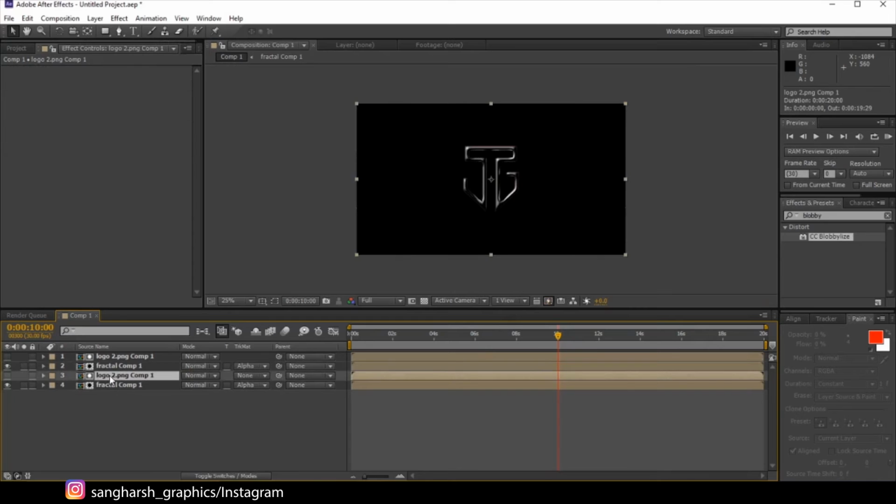Now select the logo, which is the red one's alpha matte, let's search for radial blur.